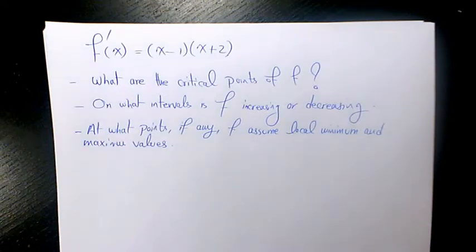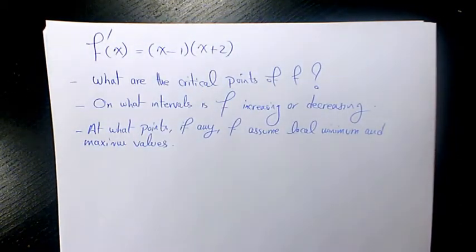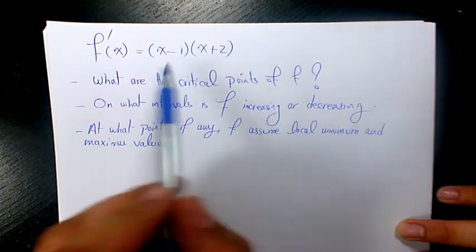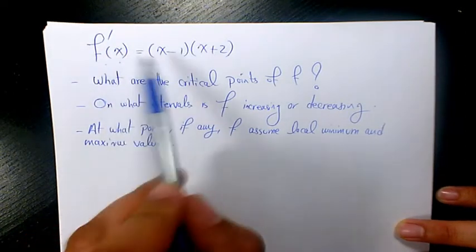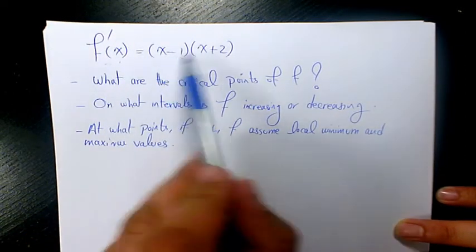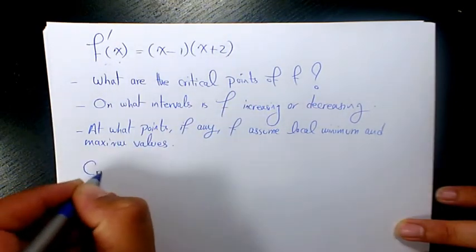Welcome to another video. In this video I want to talk about critical points and finding the interval of increasing and interval of decreasing, local minimum, local maximum. Here f prime, which is the derivative of function f, is given as x minus 1 times x plus 2. So critical points